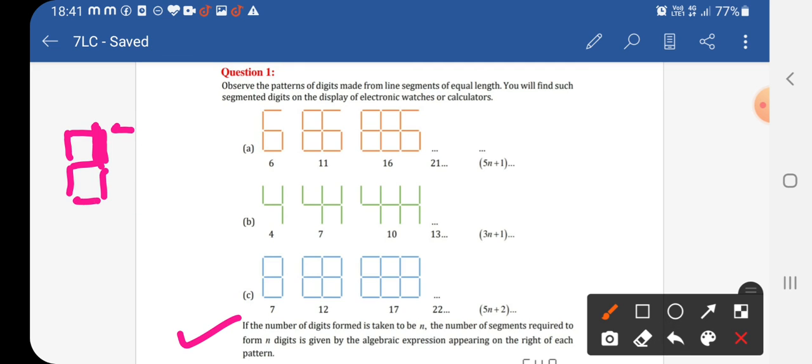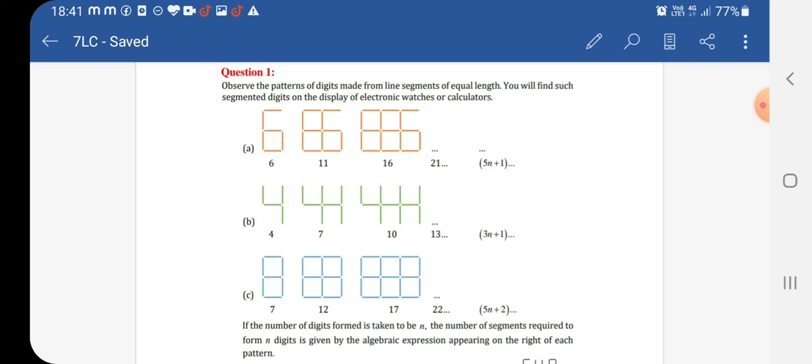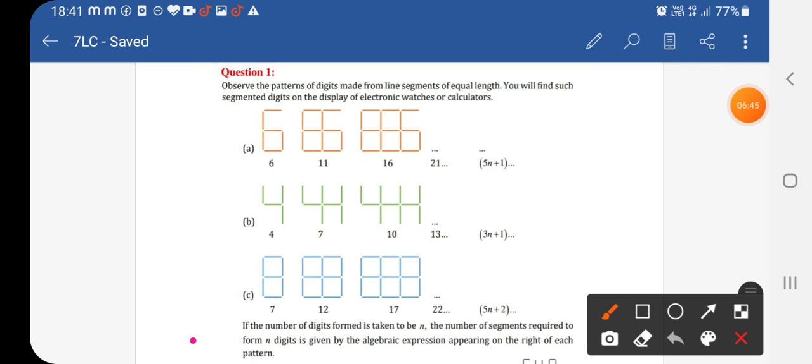What are they asking? If the number of digits formed is taken to be n, the number of segments required to form n digits is given by the algebraic expression appearing on the right side of each pattern. Okay, now what are they asking,